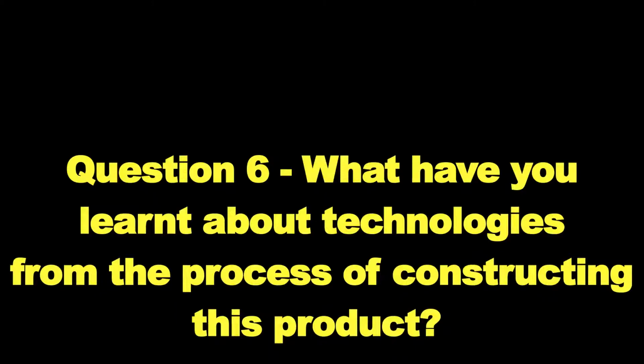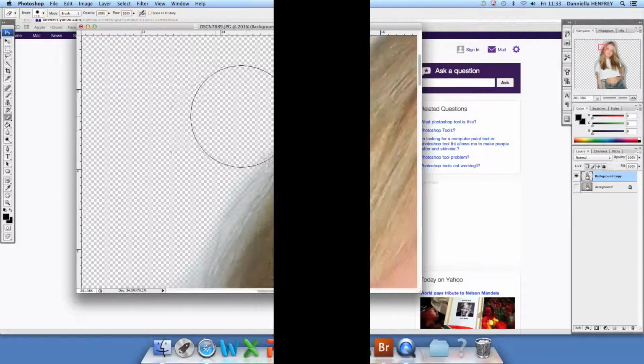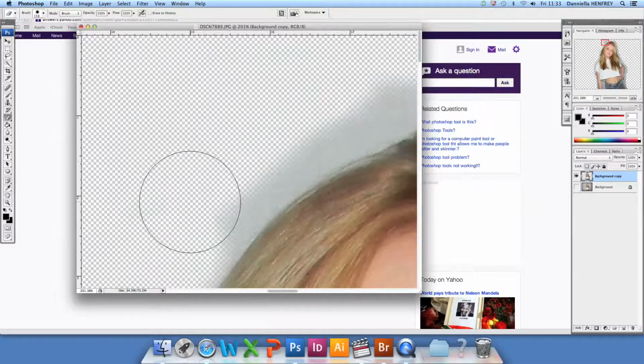Question 6. What have you learnt about technologies from the process of constructing this product? Before I started my media coursework, I was completely unfamiliar with Photoshop and therefore had to learn my skills as I went along. On many of the magazines I analysed, the artists were cut out of a background on which